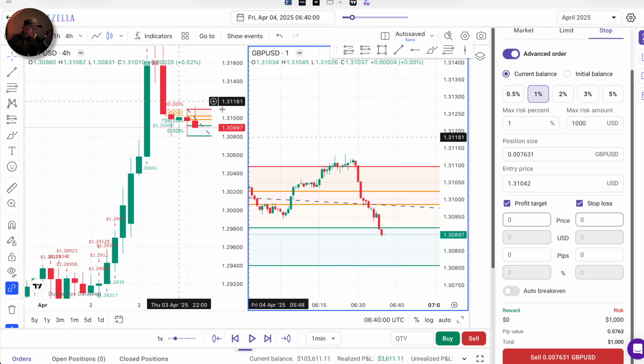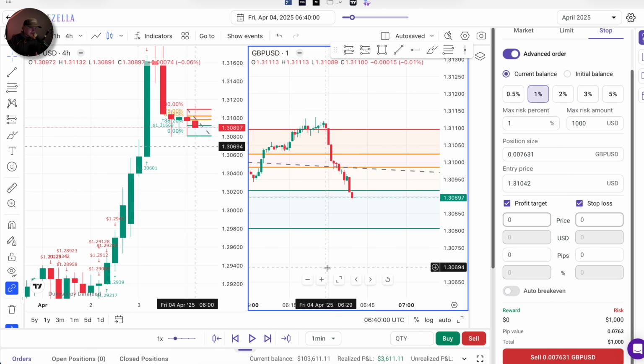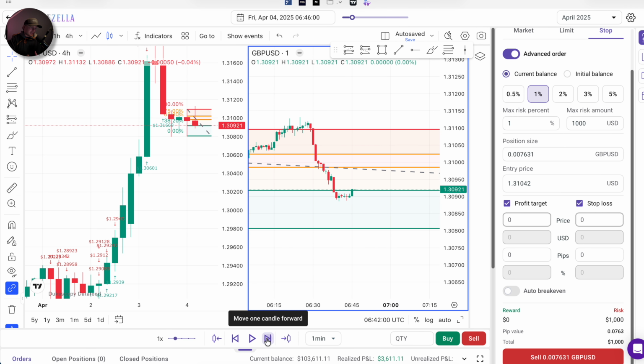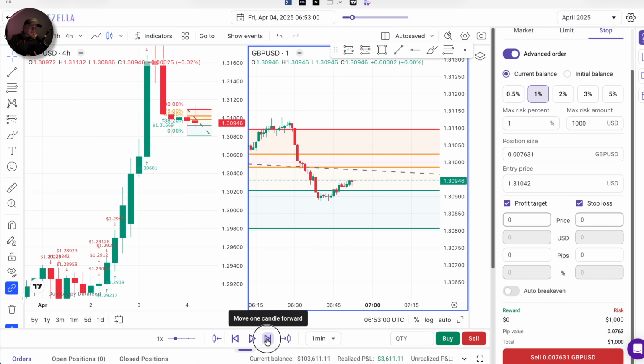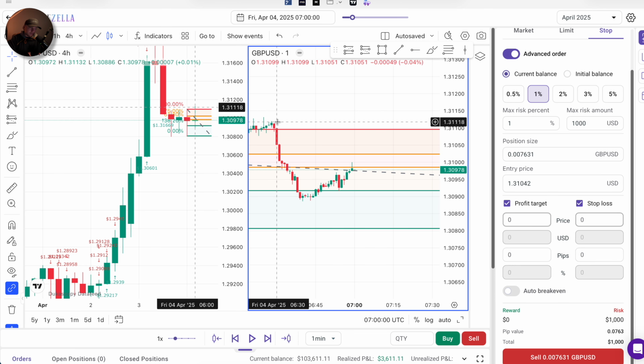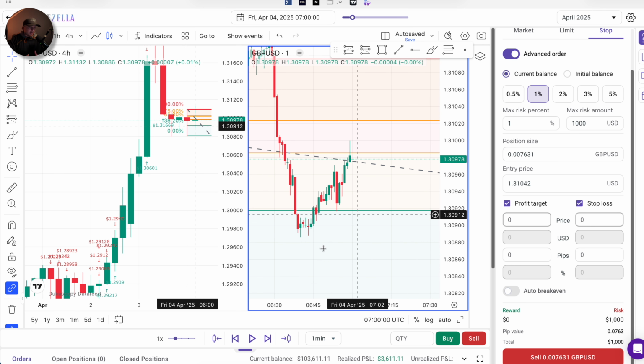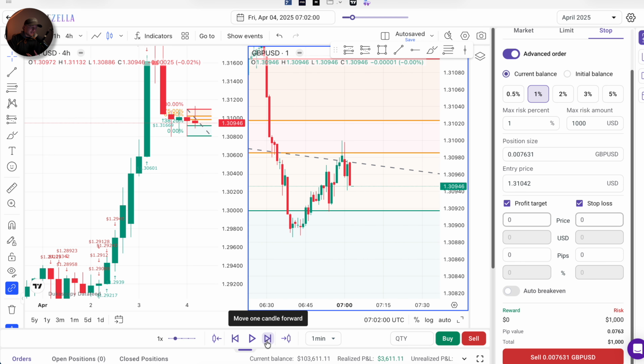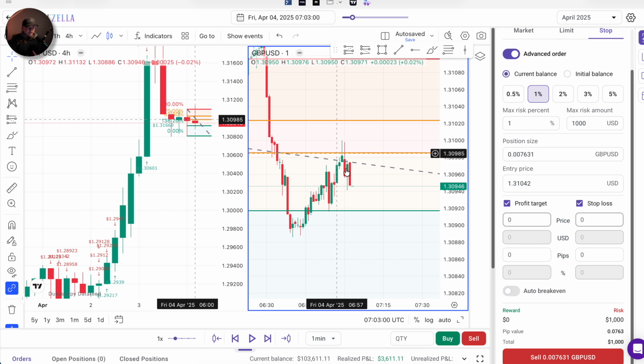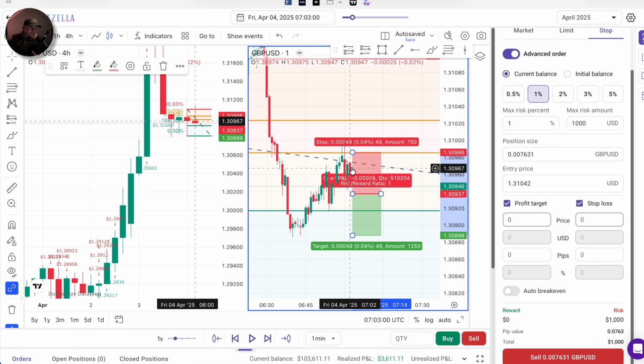We may push down and there may be a little bit more price action here. So let's say we start to make higher highs, higher lows here, and we get that shift. I won't be taking a trade now, because for me, that was the move that I want to be part of. And because I've not been a part of that move, I'm not looking to chase anything. So like here, for instance, here's a shift, but this is not something I would take,